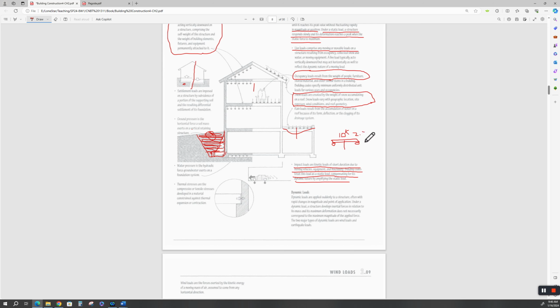The old code did. I don't know what the new code did because I'm not in the day-to-day business of structural engineering anymore. So we would have to design everything for 2.5 times what we're going to lift. So if we said we're going to have a crane and what it lifts is 10,000 pounds, then we got to multiply that by 2.5, and that's what we would design the structure and the rails and the foundation and everything for